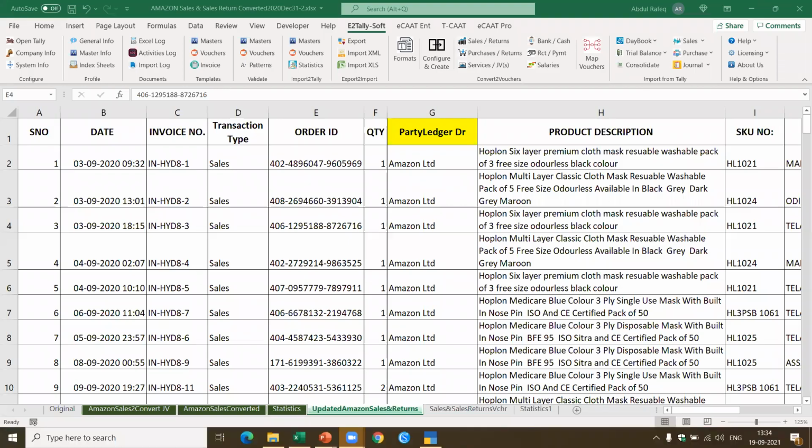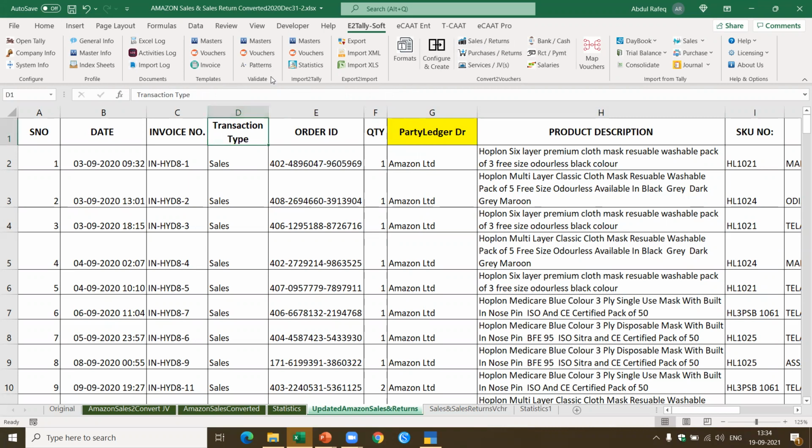Now I'm going to show you how we can select the sales transaction of Amazon and convert it. This data has been shared by one of our clients who actually does sales on Amazon. Okay, let's see. I have already got the data. I showed you earlier how you have to rename the data.